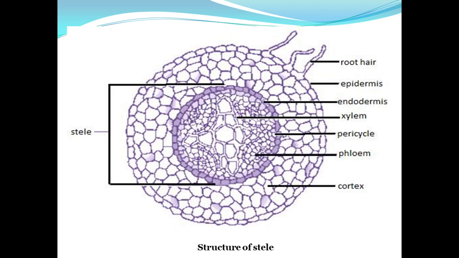Root hair is a hair-like or tubular structure, and it is important for absorbing water and nutrients for the plants. Epidermis is a single layer of cells and it is the boundary between the plant and the external environment. Then cortex is mostly large, thin-walled parenchymal cells, lying after the epidermis. Then endodermis is the innermost layer of the cortex. It is the boundary between cortex and stele. Then pericycle is present just inside the endodermis and it is the outermost part of the stele of the plant.